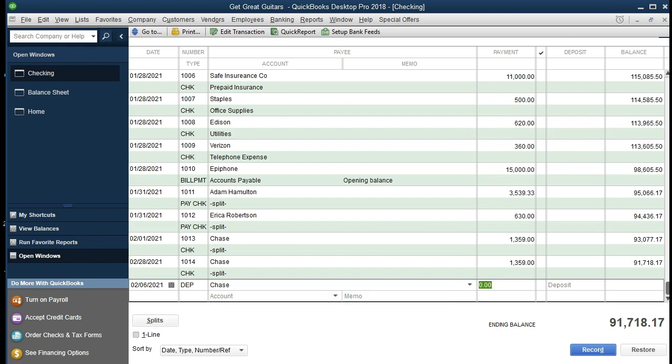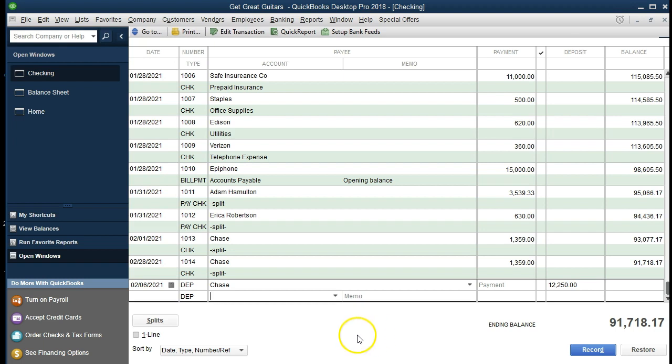We're going to say tab, and we want to make sure that we are in the deposit screen, not the check screen. This is the deposit side, not the payment side. And we're going to enter the $12,250 there and tab. Now we need an account. Now we only have the one account here again. We need two accounts in order to record this. One, we need to record the decrease of the $12,000 investment originally, and we need to record the $250 of